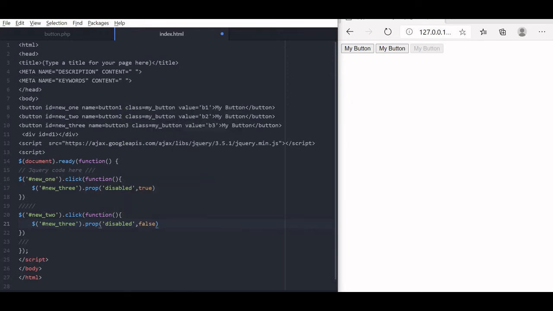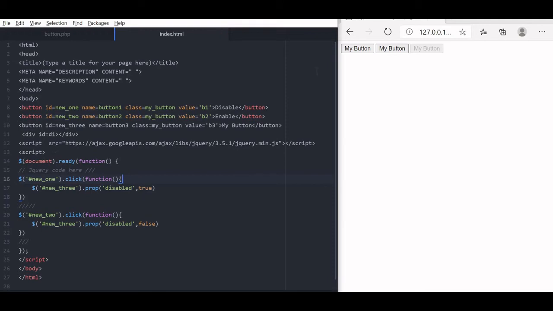So, this will now let us change that label text on it. The first one will disable, we will write it disable. Now, the second one will write it enable, because the second button when we click it enables the third button. Let the third button be my button. So, new 2 ID, you can give any name to the IDs, not an issue.